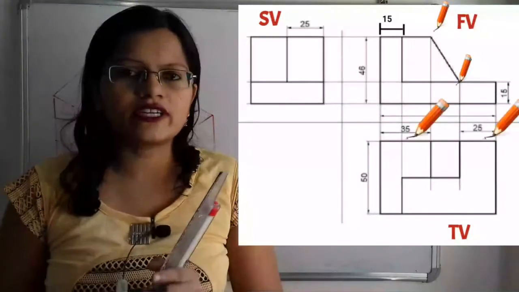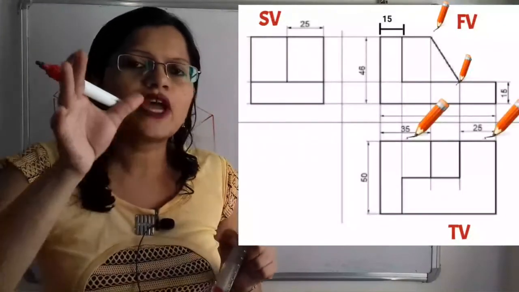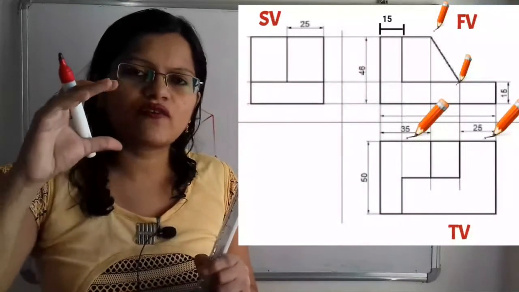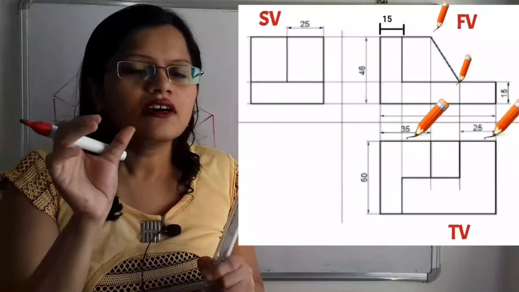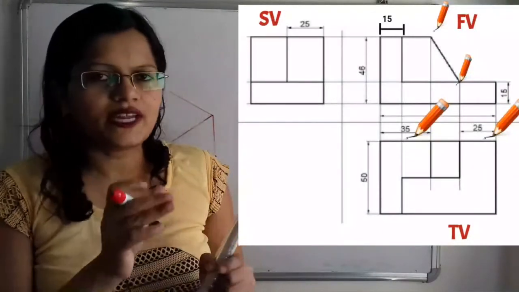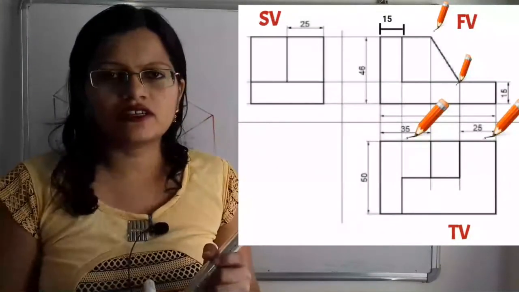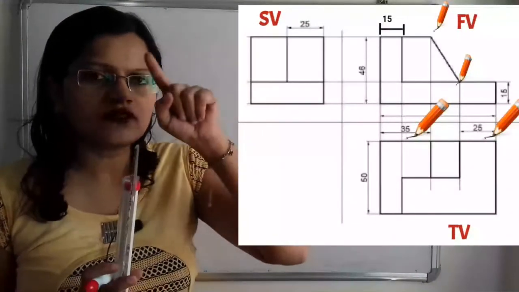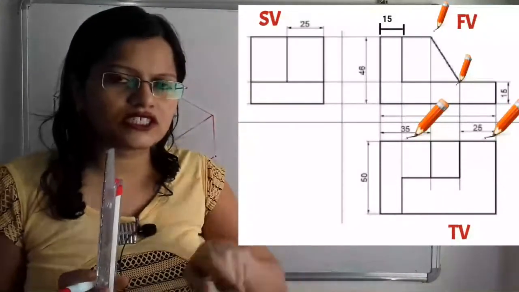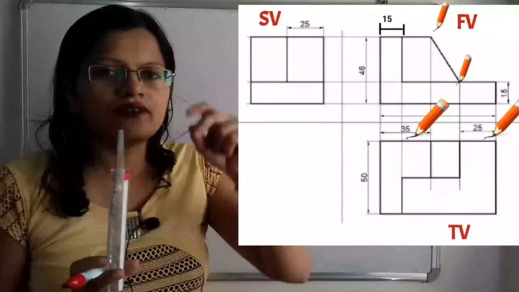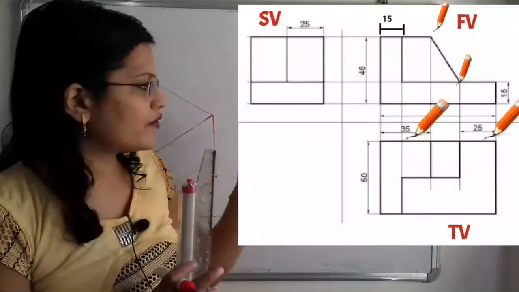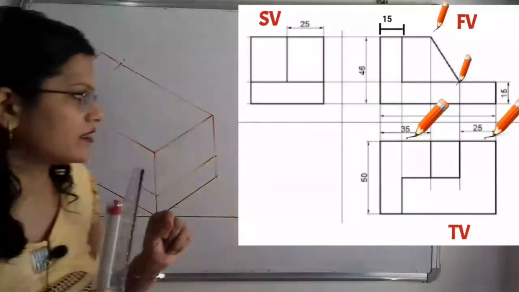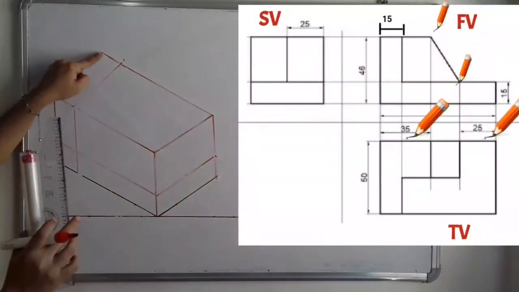What top view indicates? Top view indicates the true length and true width. So what is that construction for the width and what is the length for that slope, that we can observe in the top view. So where is the start point? So if we observe, for that slope the projection is directly taken in vertically downward direction. So where is the start point? That is 35 millimeter from the left hand side. That is 35 millimeter from this side.